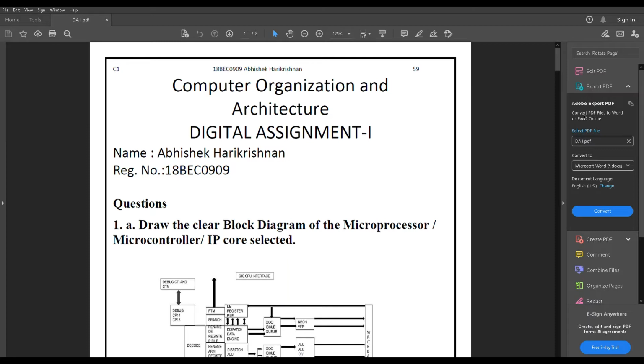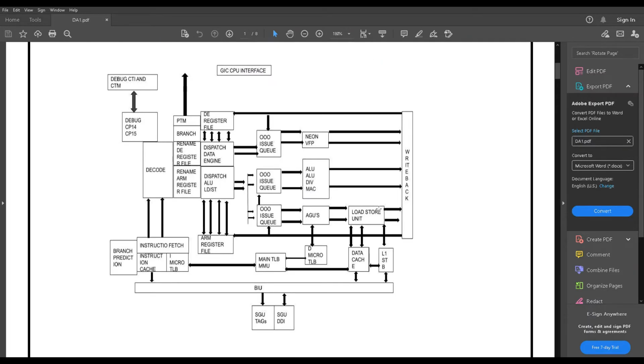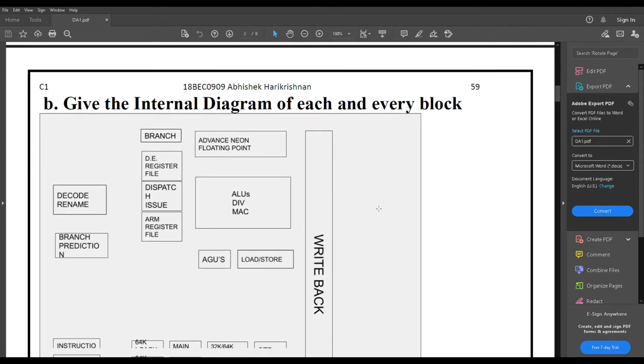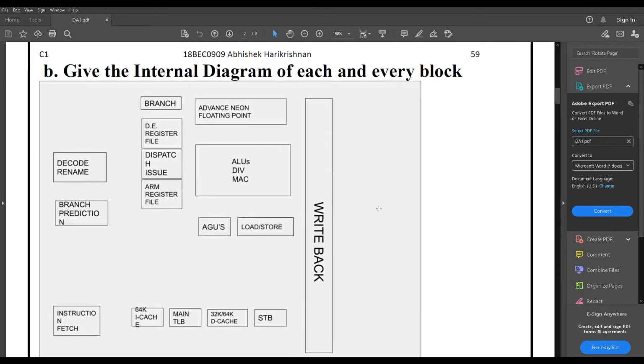The first question is to draw a block diagram of the microprocessor. Given below is the block diagram of the microprocessor. The second part of the question is to draw the internal diagram of each and every block. So, the Cortex A73 processor consists of